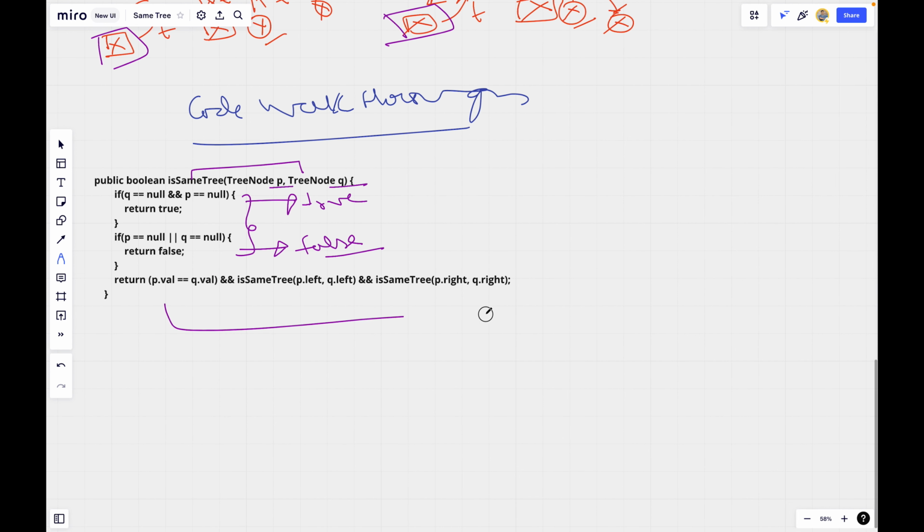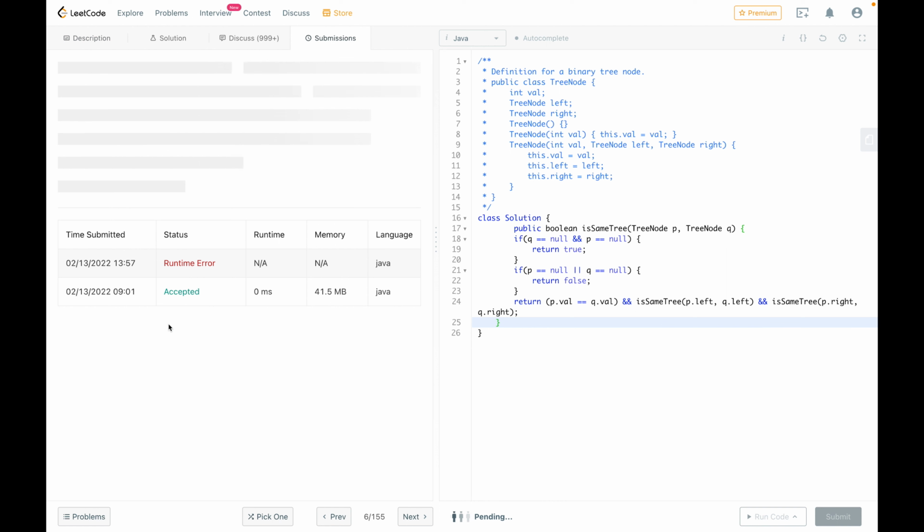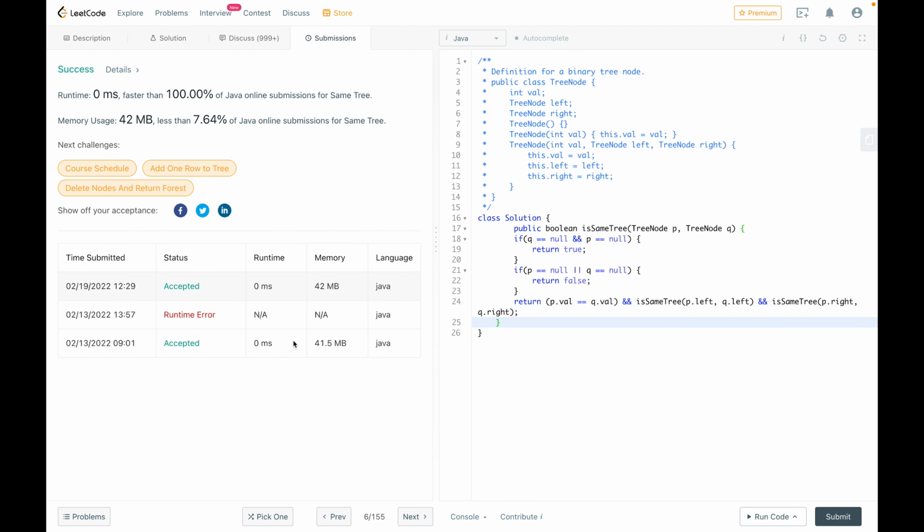Now this is just a recursive condition wherein I am checking if these two values are same. Only then I will be moving leftwards in both of these binary trees, and I will be moving to the right in these binary trees only if their node values are same and their left subtrees are same as well. Let us quickly try to run this code. So it has been submitted successfully.